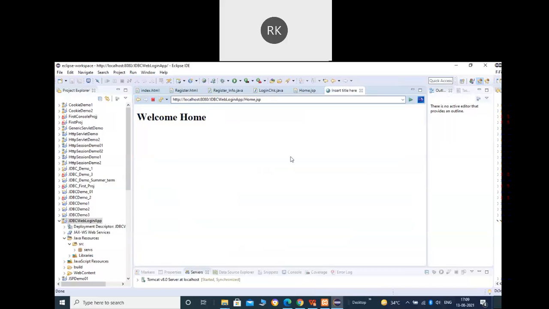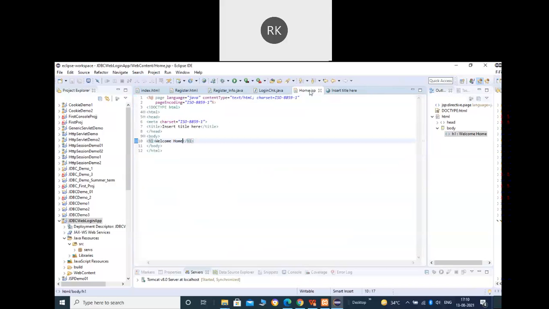All right, so that is why in the login we have asked for the email, or in place of email we can also ask for the mobile number, because we know the mobile number will also be unique for every user. Okay, so just click over the login, and you can see in the login check it has executed all of this code. When everything goes fine, this becomes true, so it has redirected to home.jsp, and you can see we are getting the output from the home page right now.